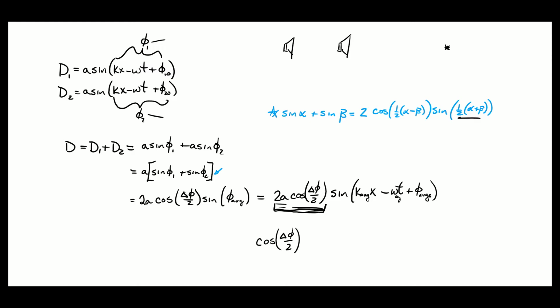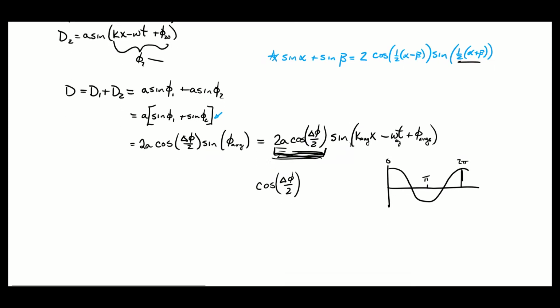Well, if we think of what cosine looks like, right? It has maximums at 0, pi, 2 pi. Remember, it's really just the absolute value here. The amplitude is what we're concerned with. So if that's the case, we can determine that this is at its largest absolute value when this delta phi over 2 is going to be some integer multiple of pi, right?